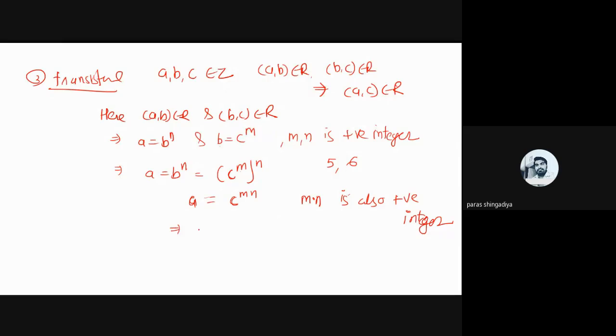So we can say that (A, C) belongs to R. A can be written as C raised to mn, which is valid for any case, since if m and n are positive integers, then their product is also a positive integer. So (A, C) belongs to R is proved, and therefore R is a transitive relation